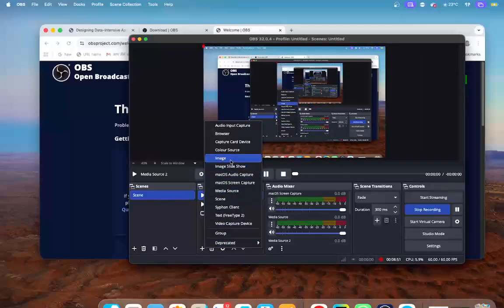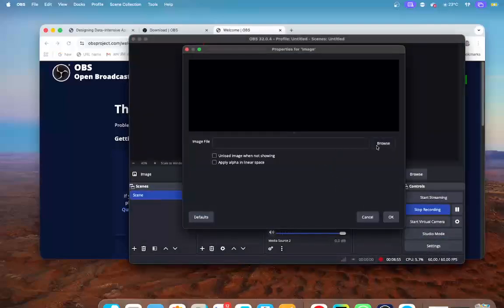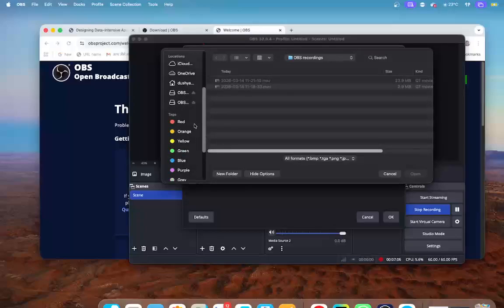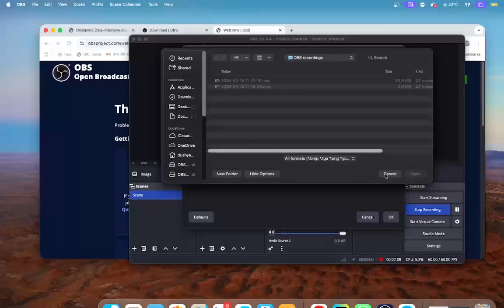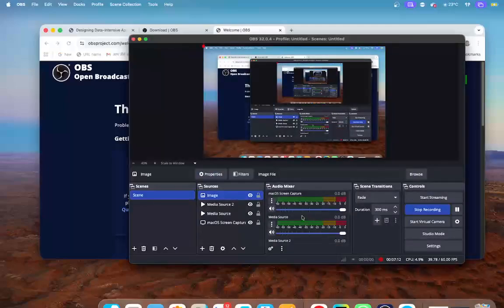And let me explore another one. For example, I want to use an image, right? And now it wants me to browse. Where can I use the image from? I mean, you can have your image in any format. So that's really good, right? And you can customize it. The best part is you can have multiple sources, and also in the properties,